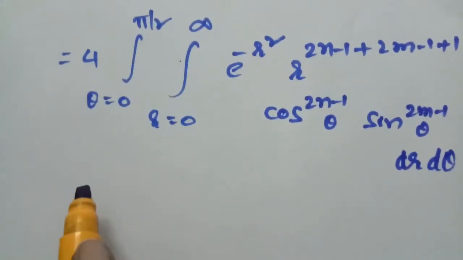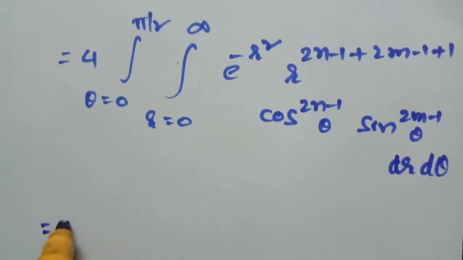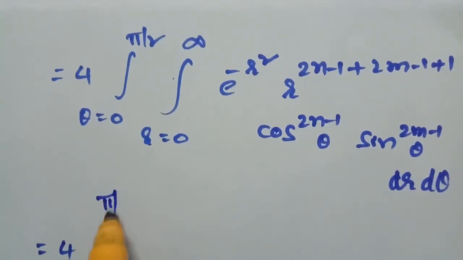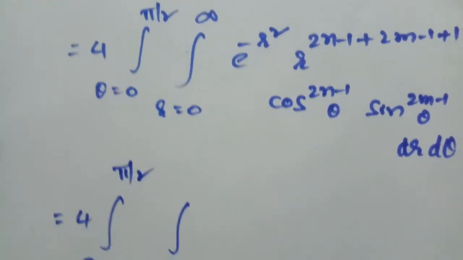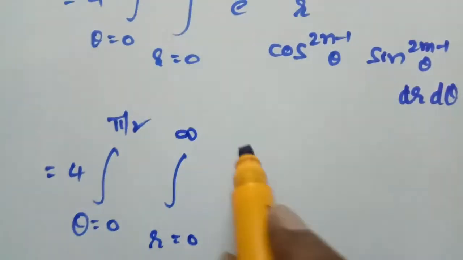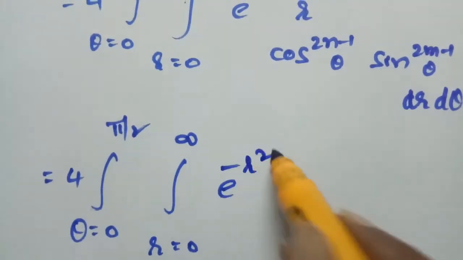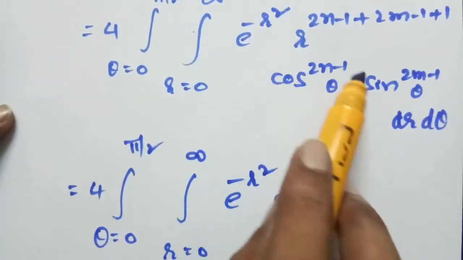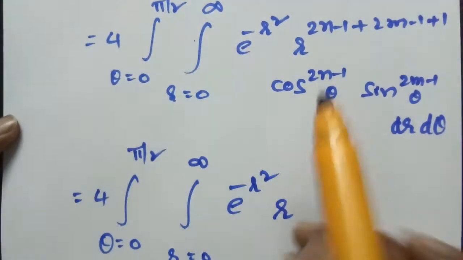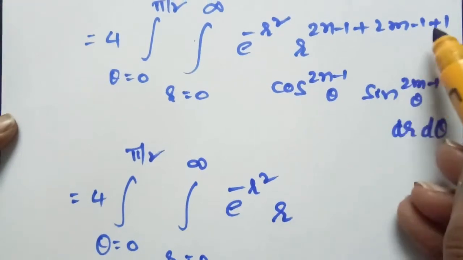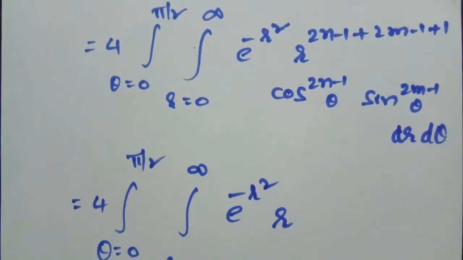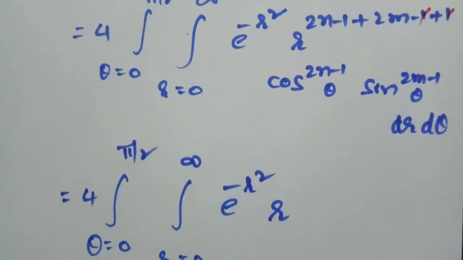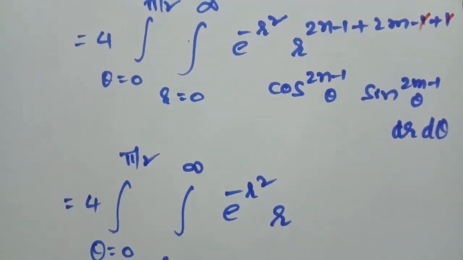Therefore this is equal to 4 times theta equal to 0 to pi by 2, r equal to 0 to infinity, e power minus r square into r to the power of, the bases are equal, so we are adding the powers. Now 2n plus 2m, here minus 1 plus 1 gets cancelled. Therefore this is equal to 2 times (m plus n) minus 1